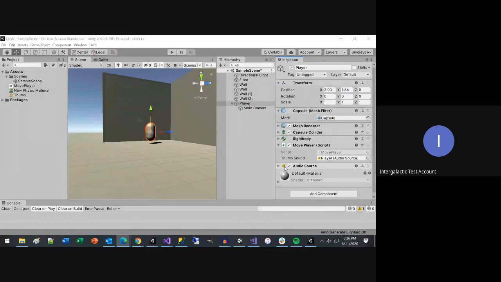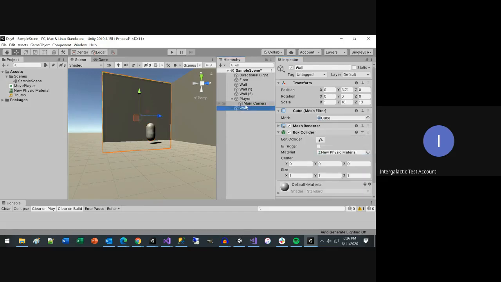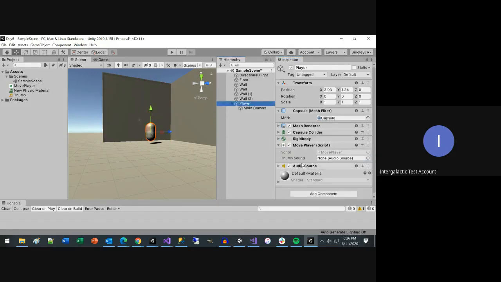So we've got our audio sound. Did you guys see how I did that? How I added the thump sound property to move player, and it was blank. And if I wanted to get the thump sound, you drop whatever game object is in there. So the wall wouldn't go in there because there's no audio source on the wall, but because our player has an audio source, we can drop player into there. And that's how you get that